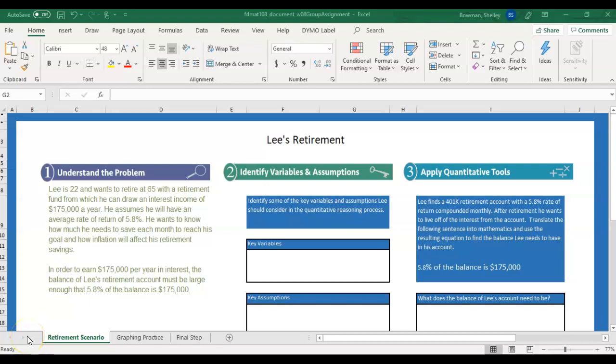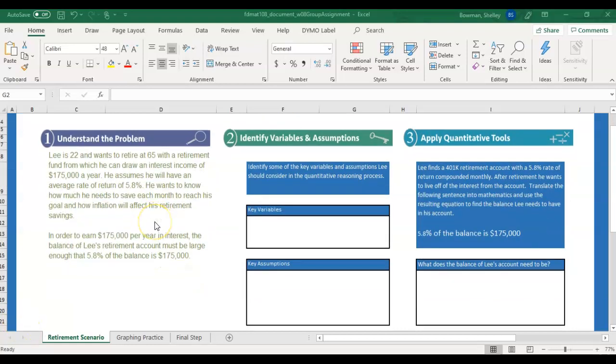This tutorial is to help with the retirement project. This is about Lee. You'll notice my numbers are different from yours, as I would like you to understand the process and not just the numbers, or try to type in the numbers but know how to calculate. So the first thing is Lee is 22 and he wants to retire at 65